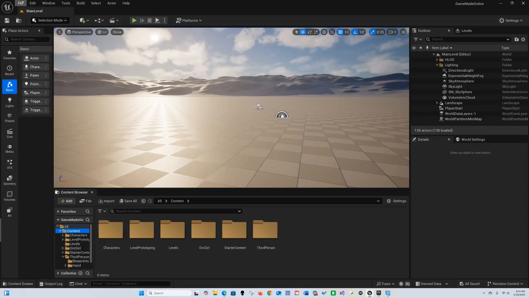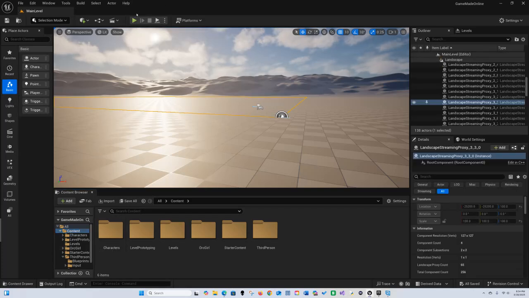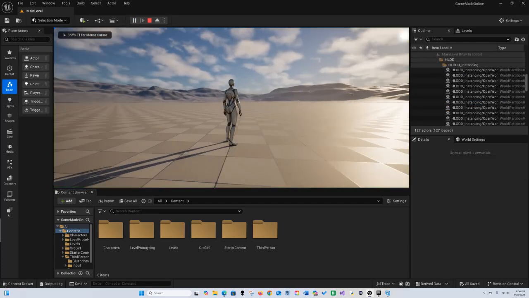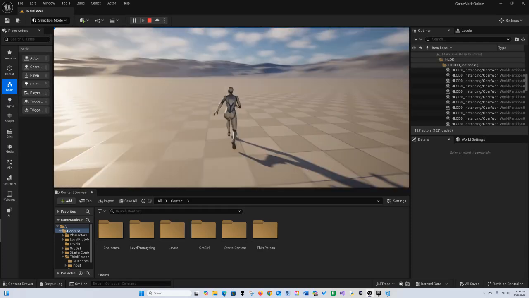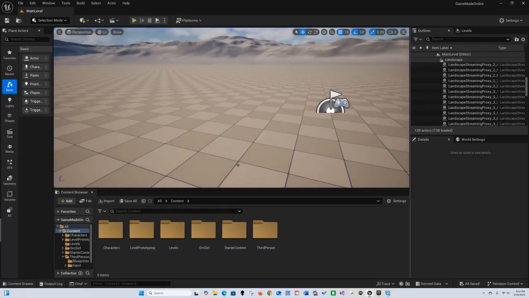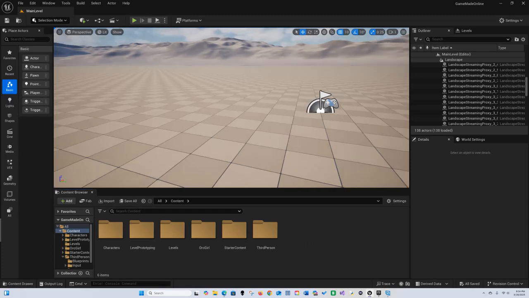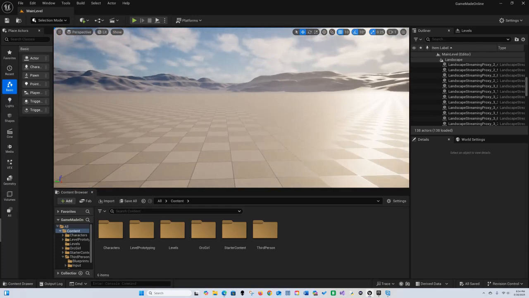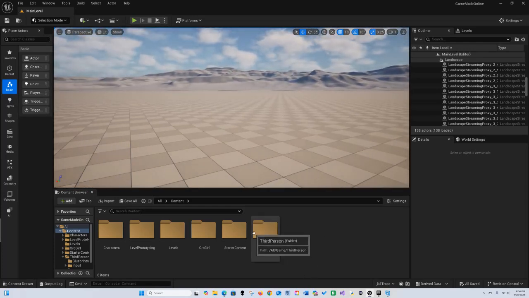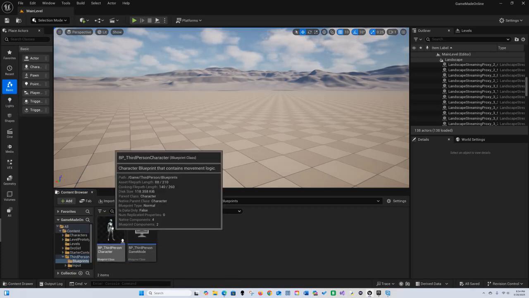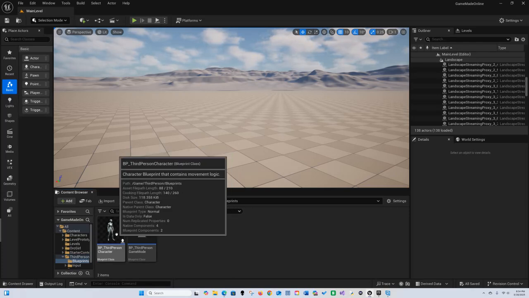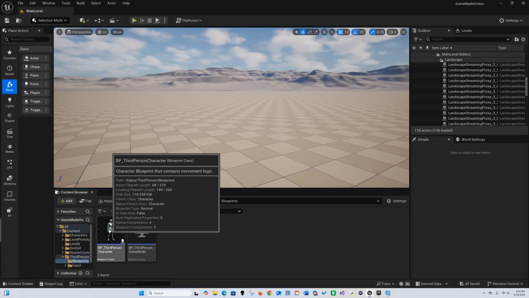Let me show you. So again, we do have the default, right? We can see this here. It walks, it jumps. Okay. So now, if I'm gonna change that, I need to find where the blueprint for that character is. So it's gonna be in the third person. I'm gonna go to blueprints, and right here I have the BP underscore third person character. I'm gonna open this up,